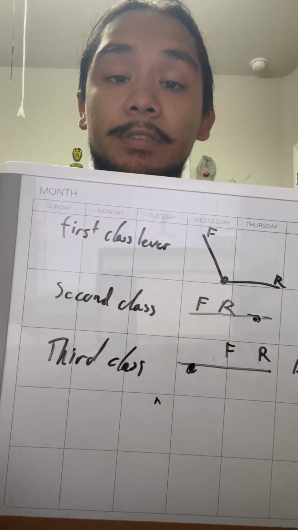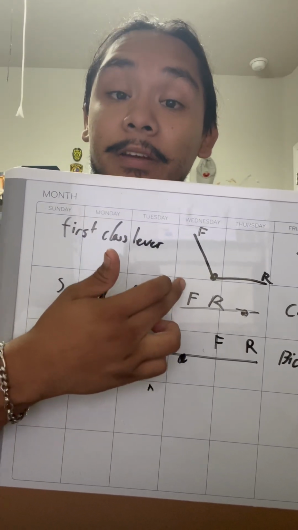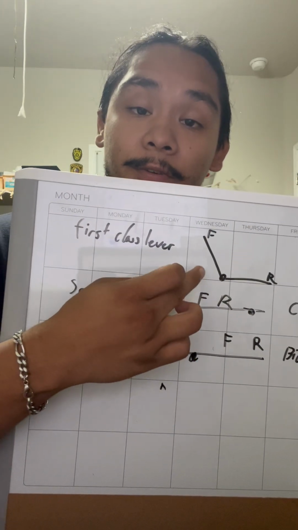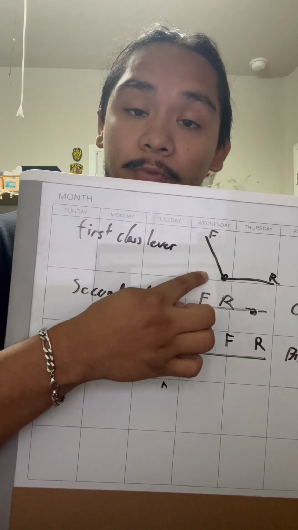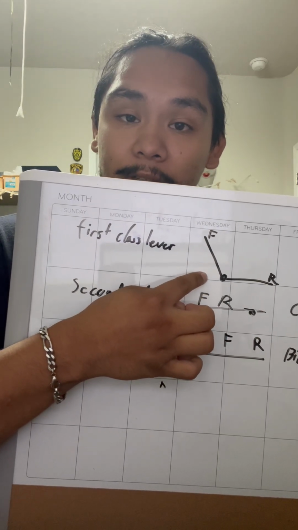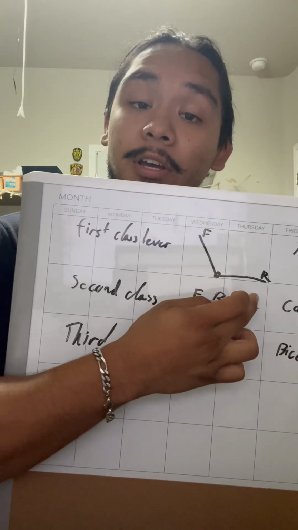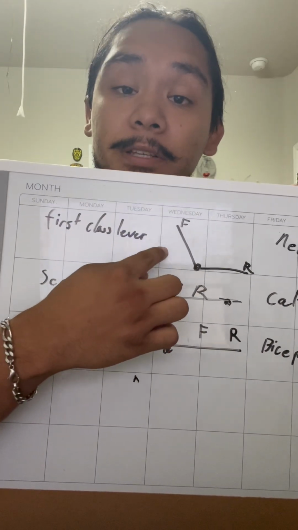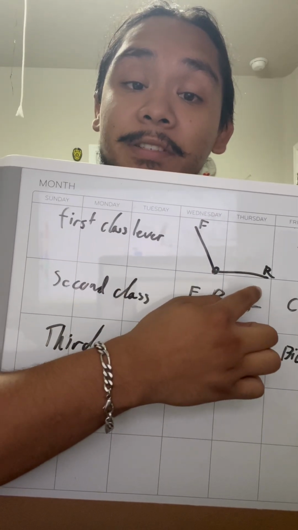Now, for levers, there are three parts we have to focus on. We have to focus on the muscular force, simplified here by F, the fulcrum, which is the actual axis on which the action occurs, and then the resistive force, simplified here with R. So F will be muscular force, the fulcrum will be represented by these dots, and the resistive force will be